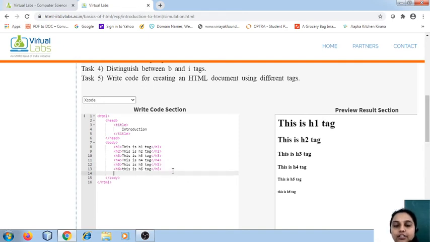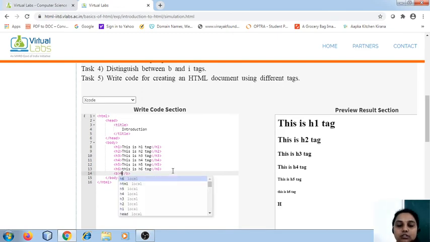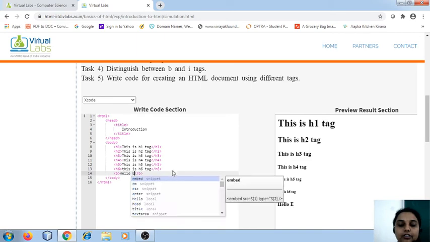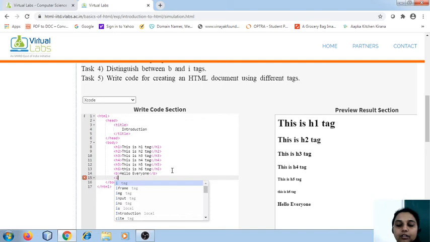Now let's try and use the bold tag. I say bold and I say hello everyone. Okay, so you can see it is appearing in bold. Then I'm going to use italics. Usually italics is used when we are trying to make use of technical terms.